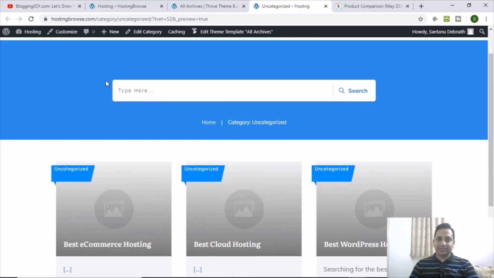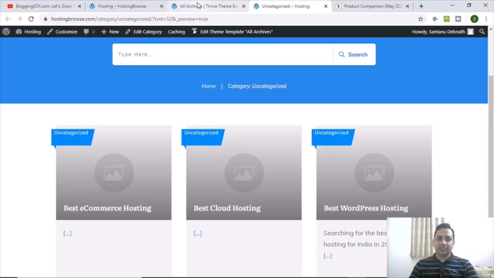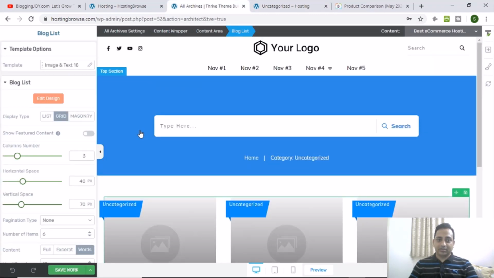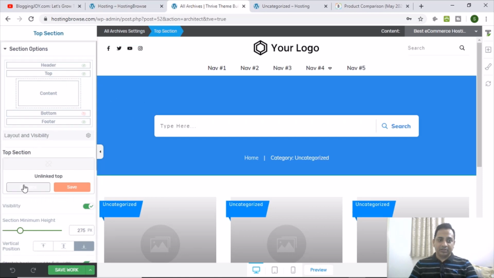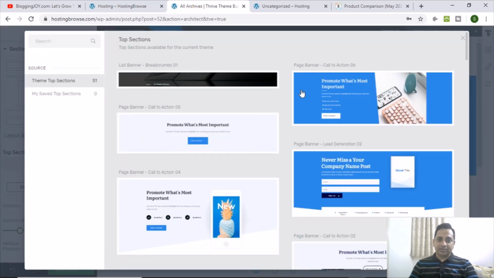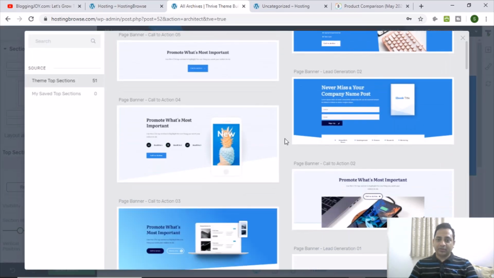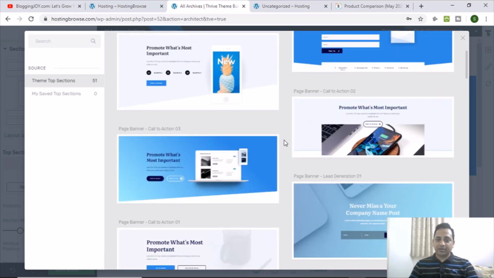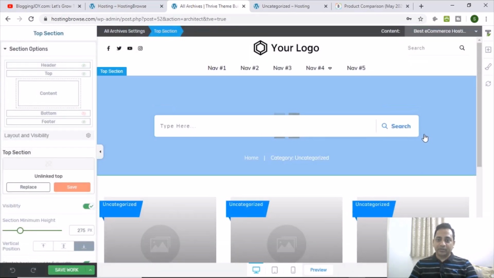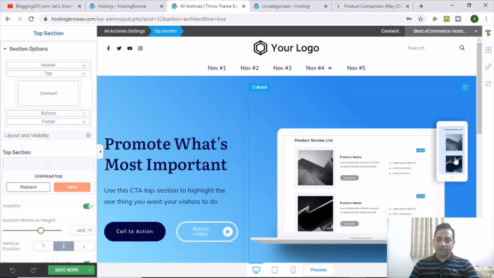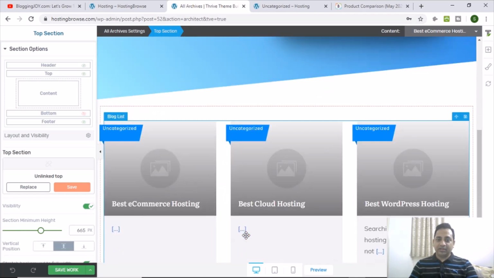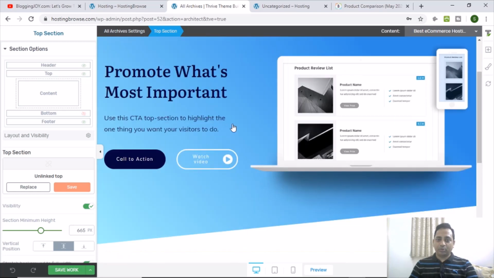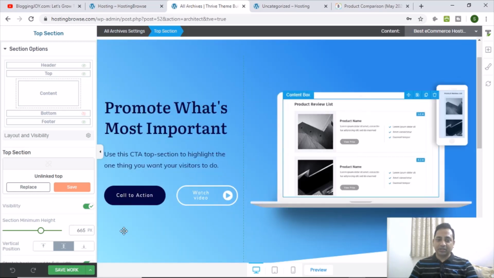Okay, so now let's see this area. If you want to change this area also, again, just click on this top section, click on replace. So again, there are a lot of available templates. Whatever you find useful, you just click on it and the template will come here. So say in every category, on top of every category, you want to promote something.